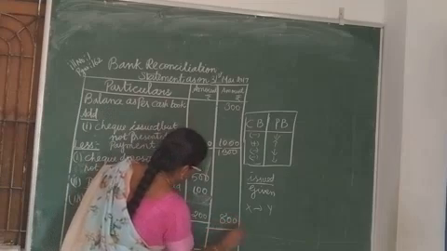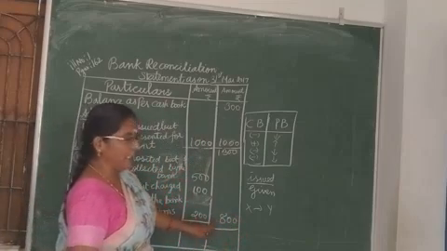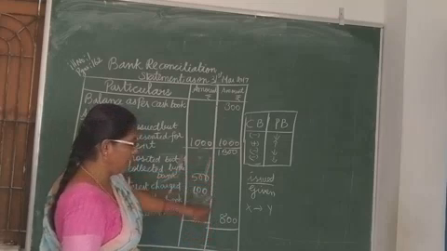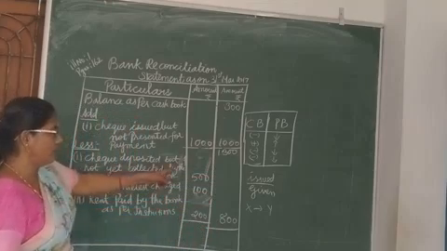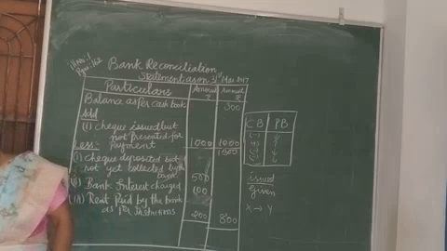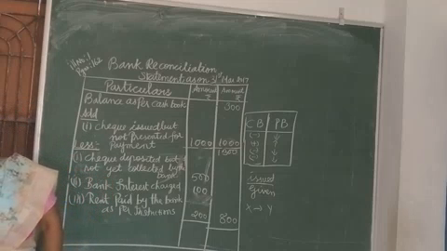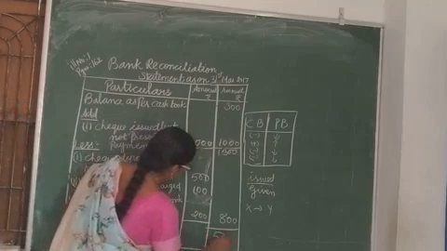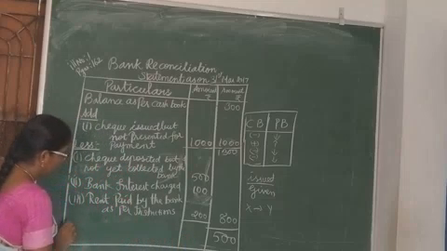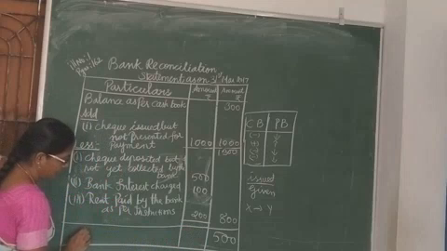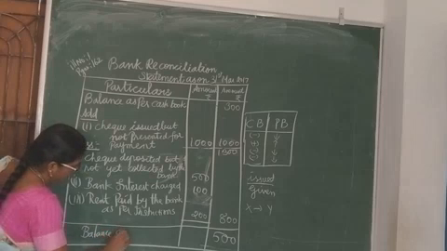So what we are going to do? You are writing the amount. Very next line you can draw the line and then reduce the amount. See, 1300 minus 800 rupees. What will be the balance? 1300 minus 800, how much rupees? 500. So this 500 will be the balance as per, what is the answer? Balance as per